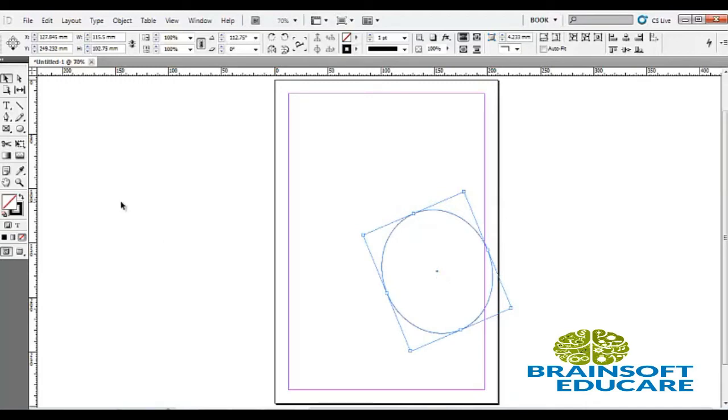Now the second tool is the direct selection tool, which is used for selecting a point on a path or content within a frame.